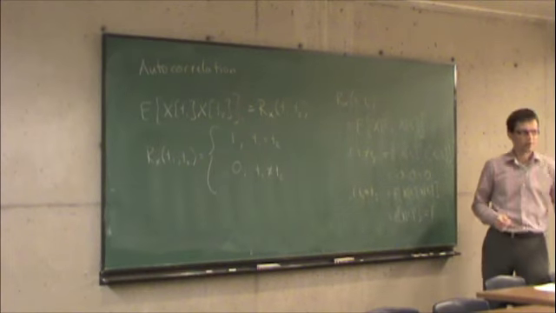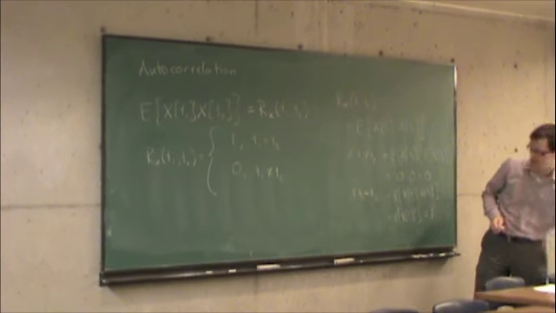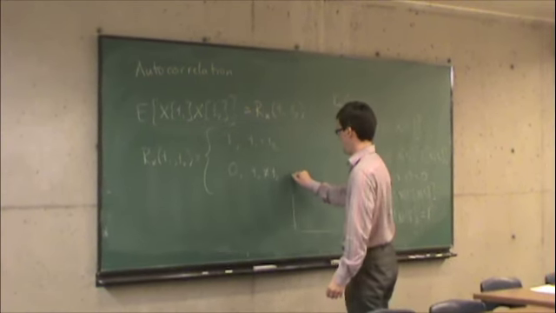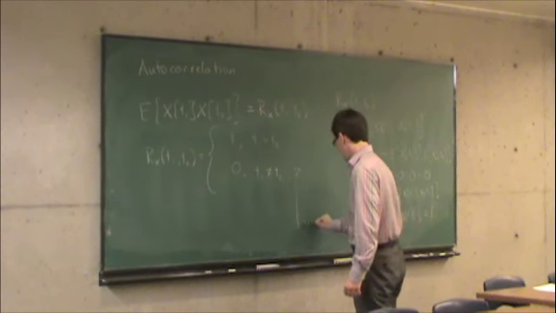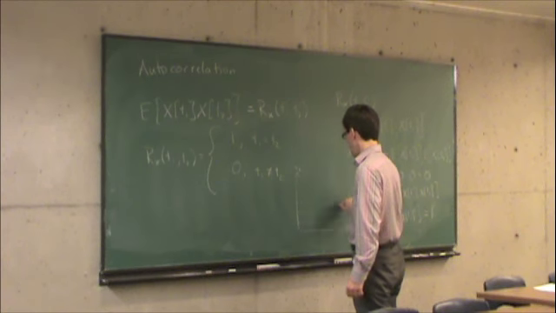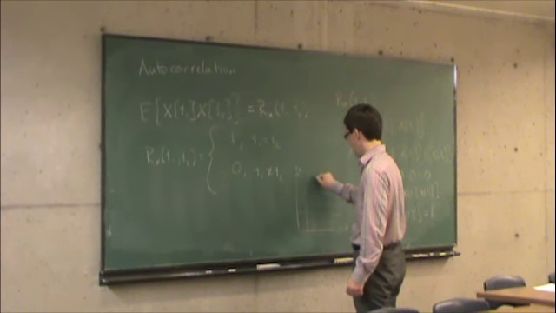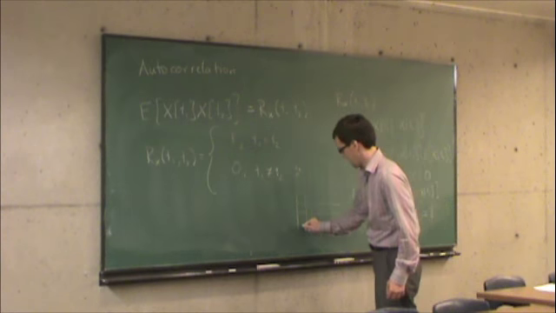So if I were to plot that on a 2D grid, that would mean in all these diagonal elements,